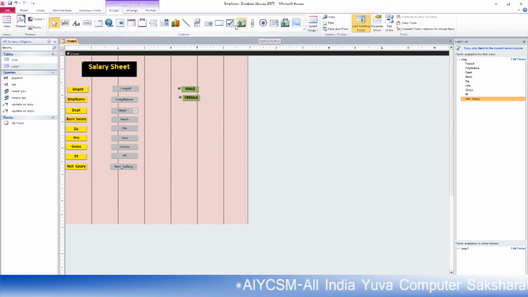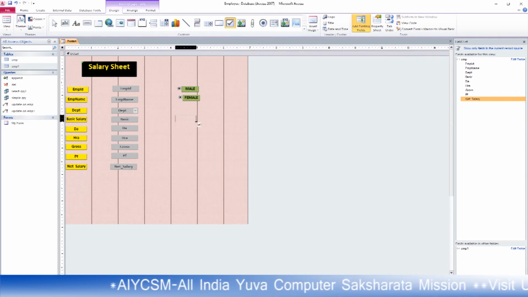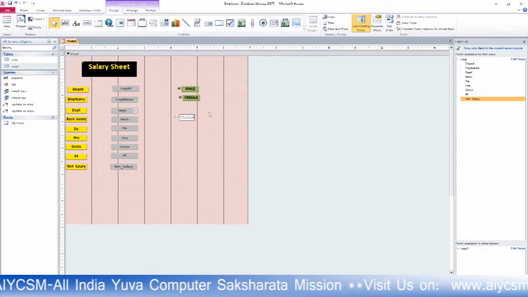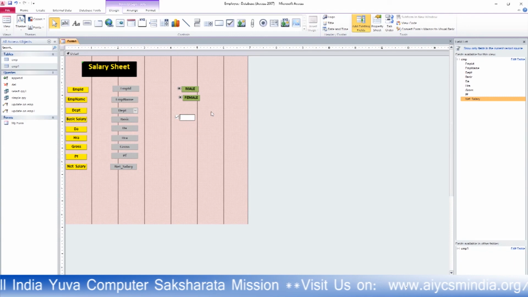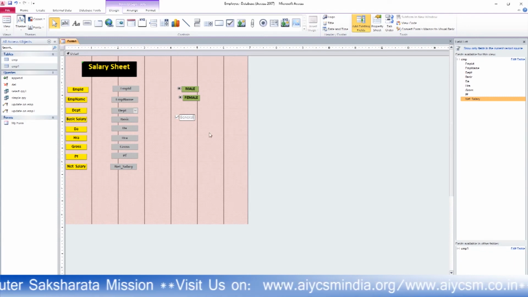Now you use the check button. Here is the example of a check button. This is one check button. You can click it outside and write GENERAL, general. Just write it in capital.